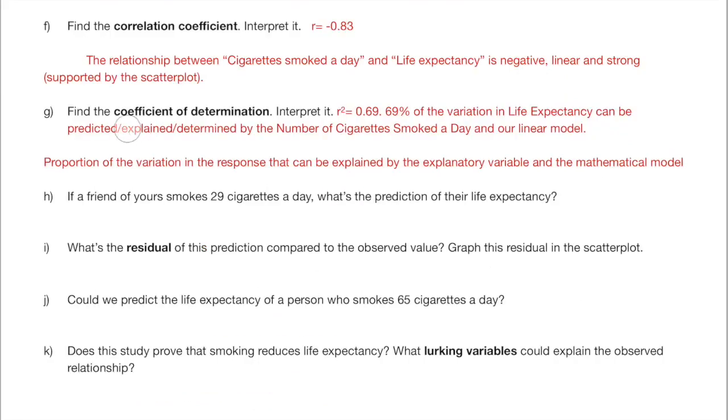What I don't like about the expression "explained by" is that it seems to imply causation, and the coefficient of determination has nothing to do with causation. That's why I might suggest to better use the verb "to predict" or "to determine." By the way, using the verb "to determine" makes sense of the name of the coefficient.